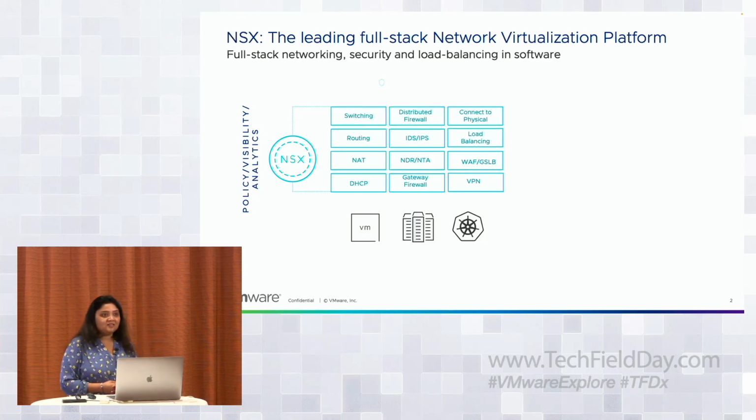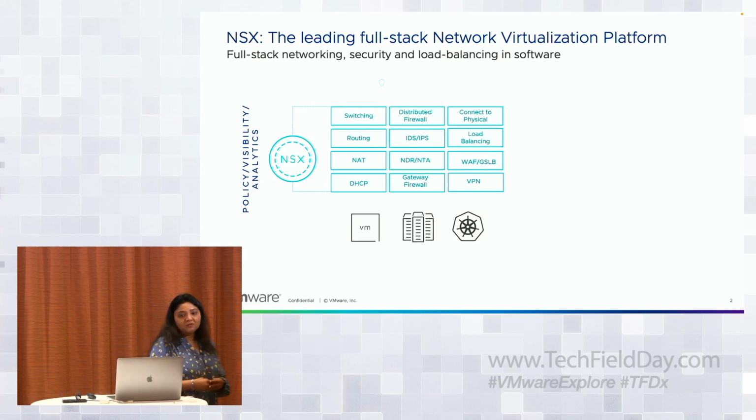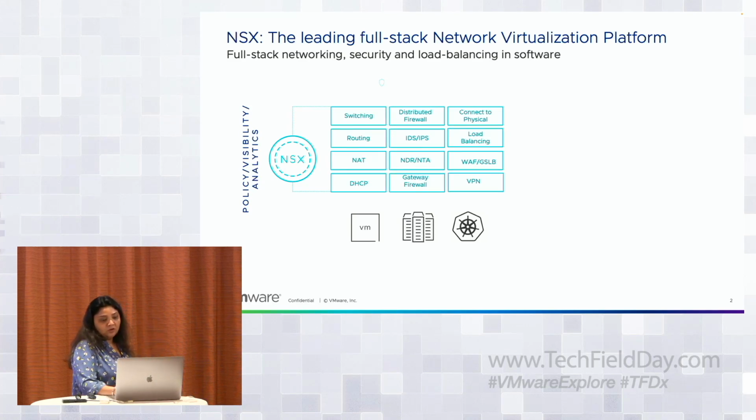Last but not the least, our customers want to actually see what is going on in their network. So we have launched a data platform, and the data platform is called NSX Application Platform. And this is the platform where we actually visualize the flow data, provide recommendations, do cool stuff like time series metrics, threat correlations, etc. So on top of all the features, we have policy, visibility, analytics, troubleshooting, and monitoring for everything we do. So we have a lot of customers who have deployed this stack over the years in their